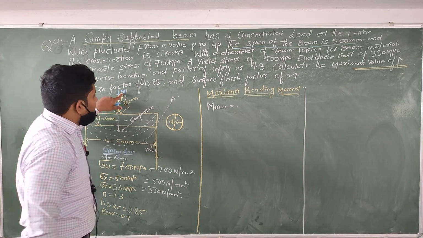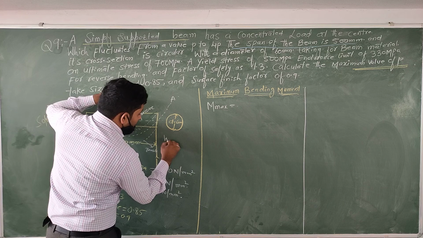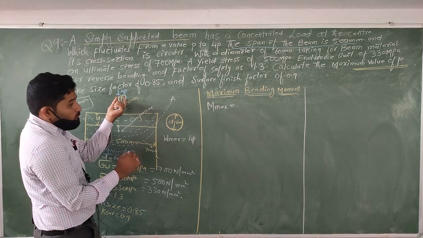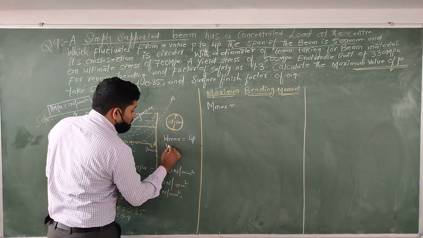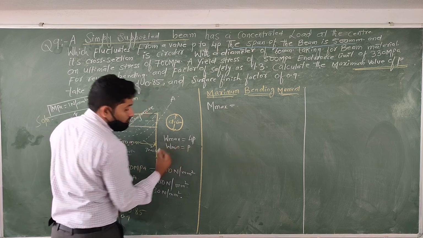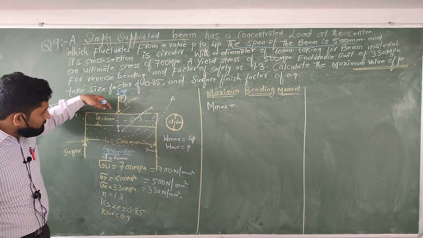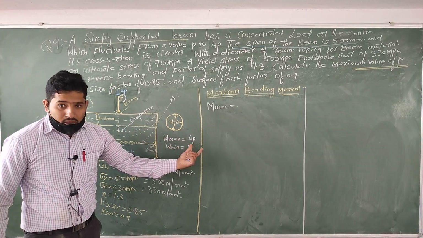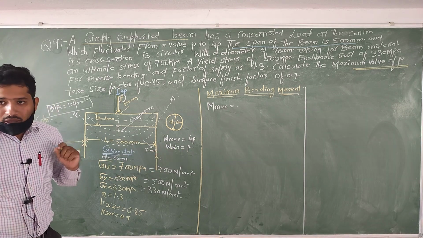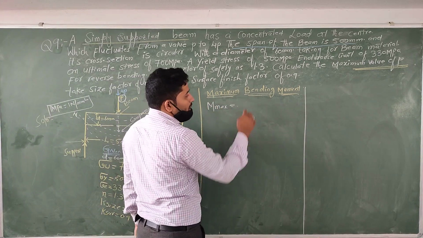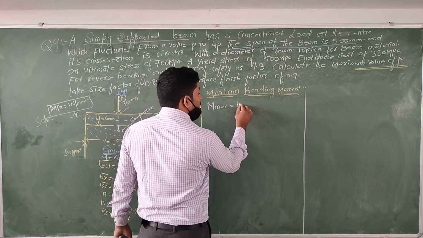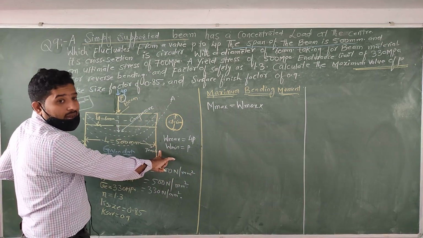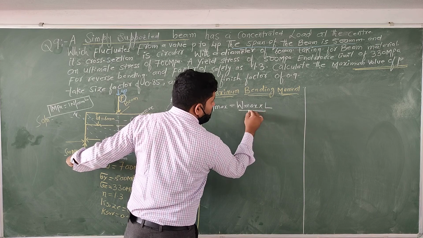Okay, so here which one is the maximum load? The maximum load, how much is it? 4P. Here the minimum load acting on this beam is how much? P. It should be P. The load acting concentrated at the center point is 4P at maximum, and the minimum load is P. Is it right? Then we know very well that for the maximum bending moment we use the formula M max equals the maximum load into the total length of the beam by 4.